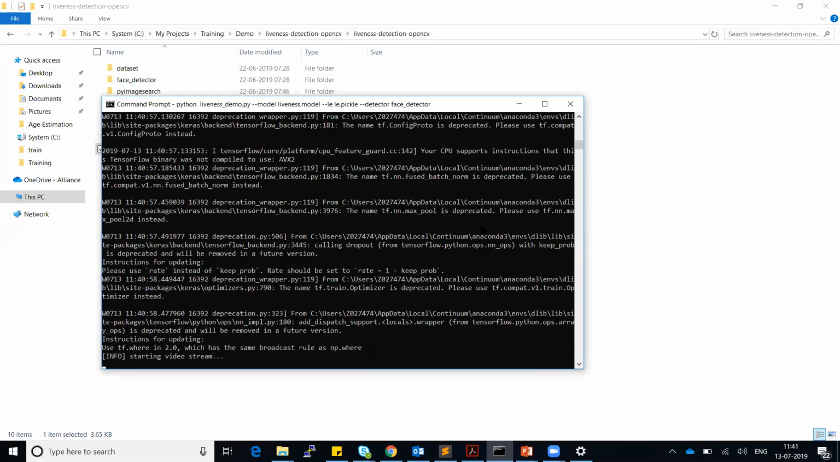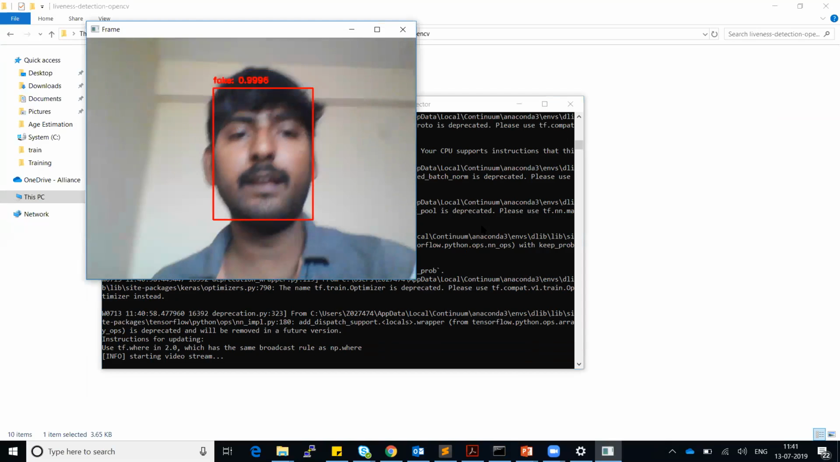So if it is a real image, then we have to identify whether the person is X or Y, or else if it is a fake image, which means, so in this case,